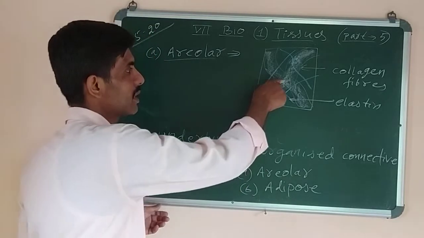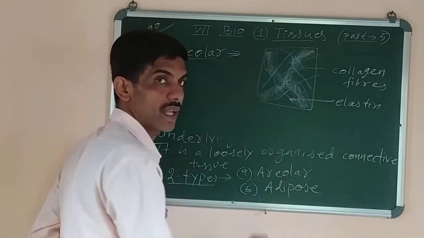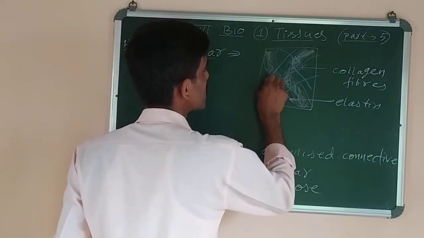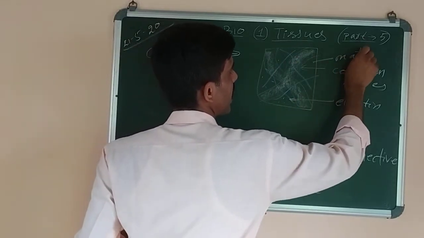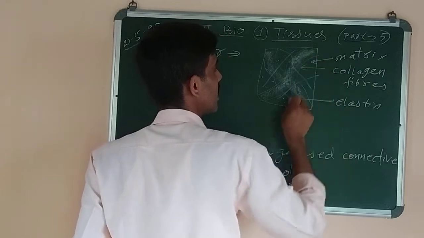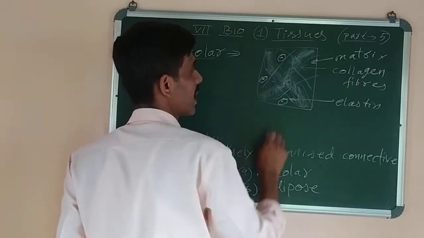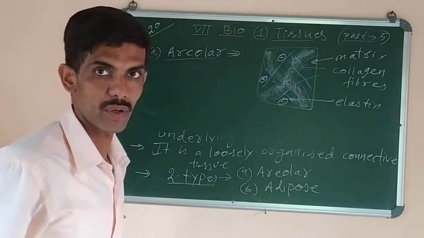Like this thick ribbon-like one, and the thin one shown in another color, blue, is called elastin fiber. And this ground substance which is present is called matrix, M-A-T-R-I-X. Now this matrix is in lipid, and the cells are also present like this. Many cells are there, macrophages and others, which carry out different types of functions. That is the structure of areolar tissue.